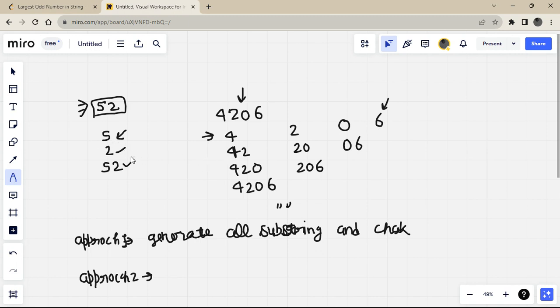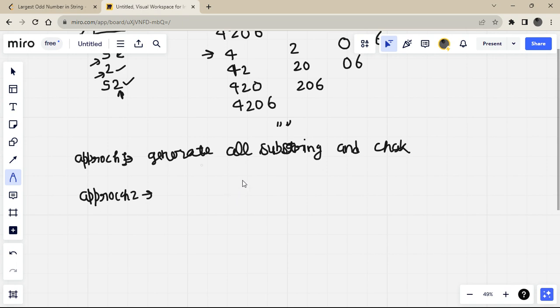So this substring is not odd because the last character is not odd, and this is also not an odd substring. This substring is odd because of the last character, and here there is only one character, so it is both the last and first character. So this is an odd substring.